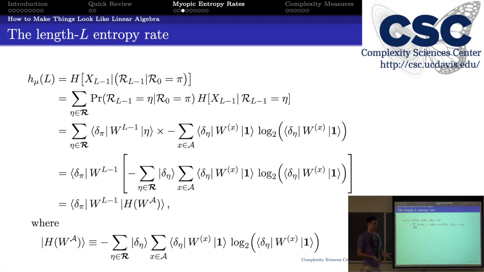Now what do we do? How do we make this look more like linear algebra? But probability should be something like a power of a transition matrix. Yeah, perfect, exactly. So that's exactly what needs to happen. We start at the start state, we crank forward, and then we do a measurement of how probable it is that we're actually there. So you're exactly right. So this is this probability. We start at the start state. The distribution, all of the weight is at that stationary distribution. We crank forward the appropriate dynamic, which is the mixed state dynamic. And then we